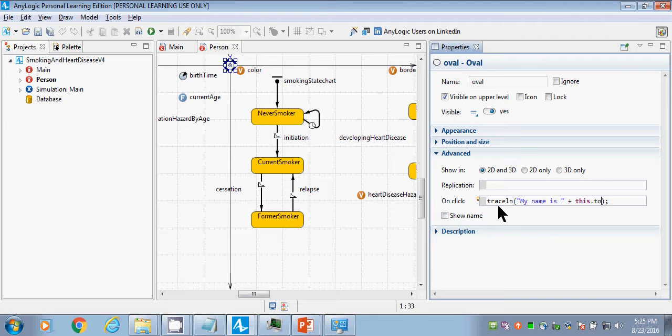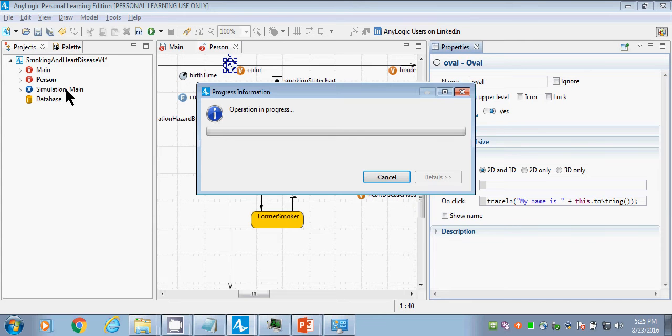Now, I think it's going to do it when I click on it. Anyone want to say? What is it going to do? So when I click on one of these, it is going to print out its name here. It's down in the console area. This gives the output from the model. And when I click on it, it'll say, my name is, and if I stop it here,